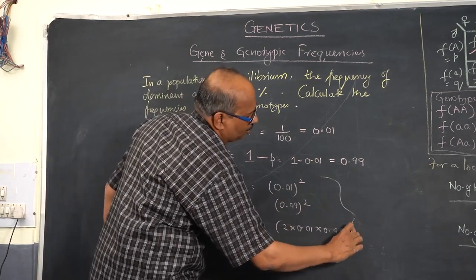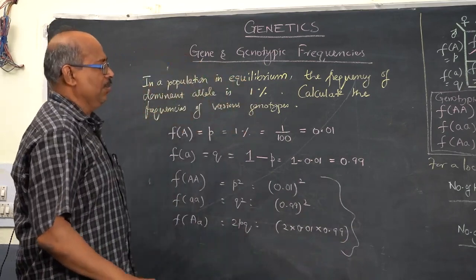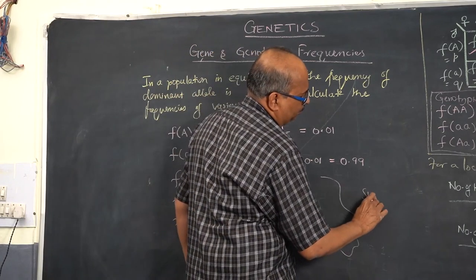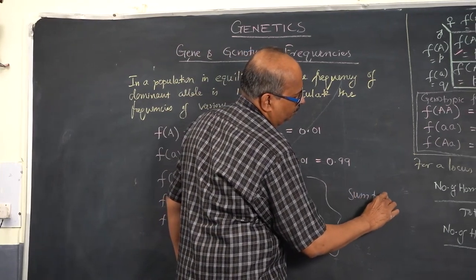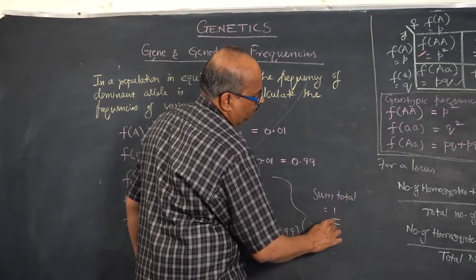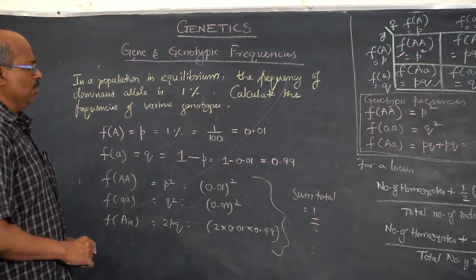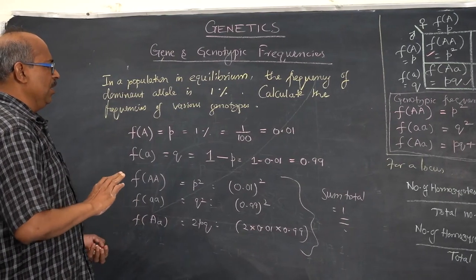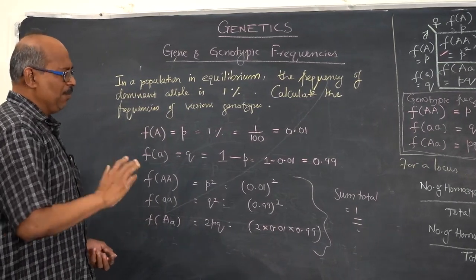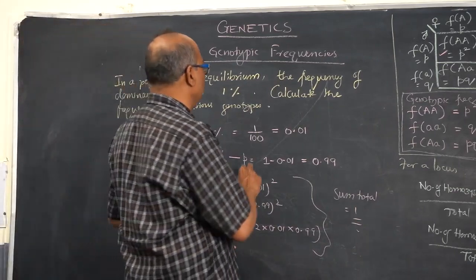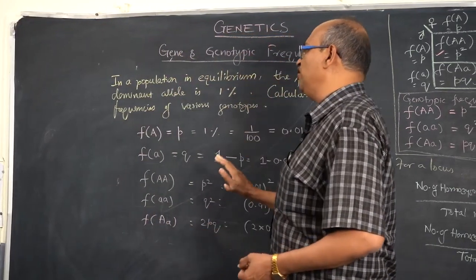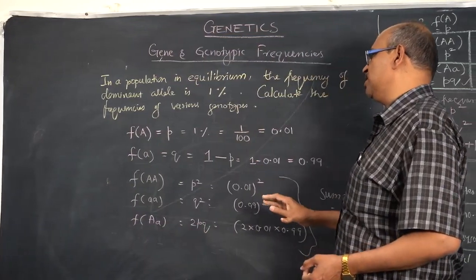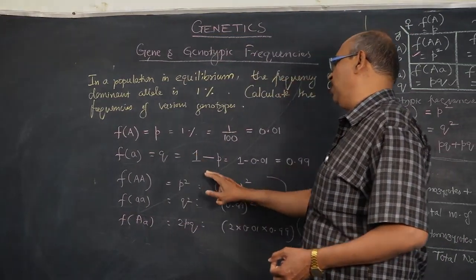The sum of all this will be equal to 1. So that's how you find out the frequency from allelic frequency. Here remember, since we are given only P, there is only one way we can find out Q, that is Q equals 1 minus